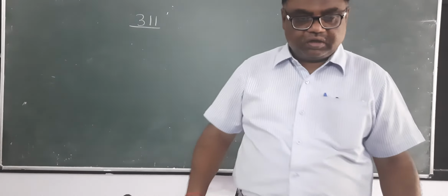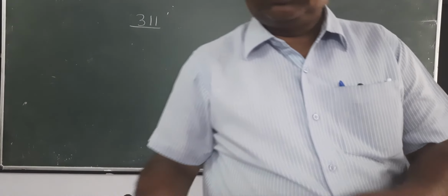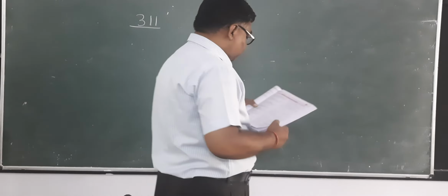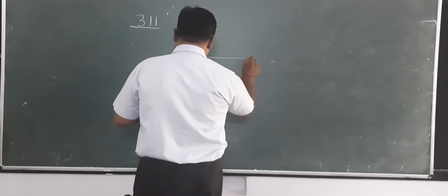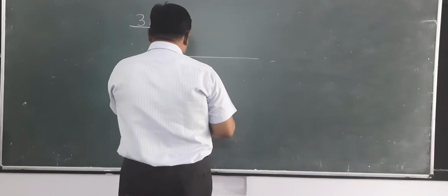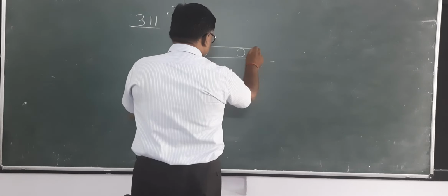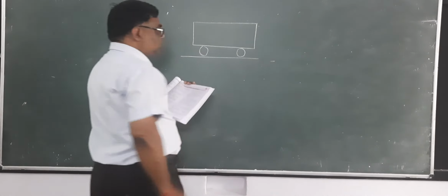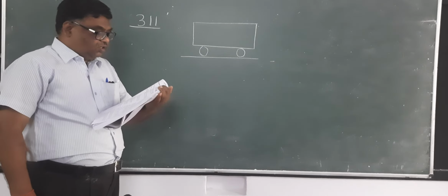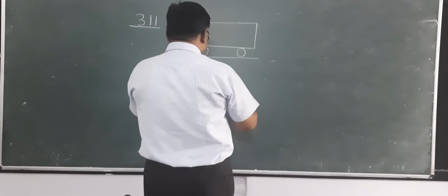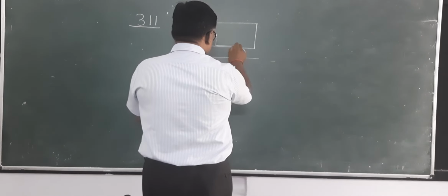Now see question number 2. Find the maximum value of the acceleration of the train so that a block placed on its floor remains stationary. Here this is a train compartment. You have to find the maximum value of acceleration of the train so that the block placed on its floor